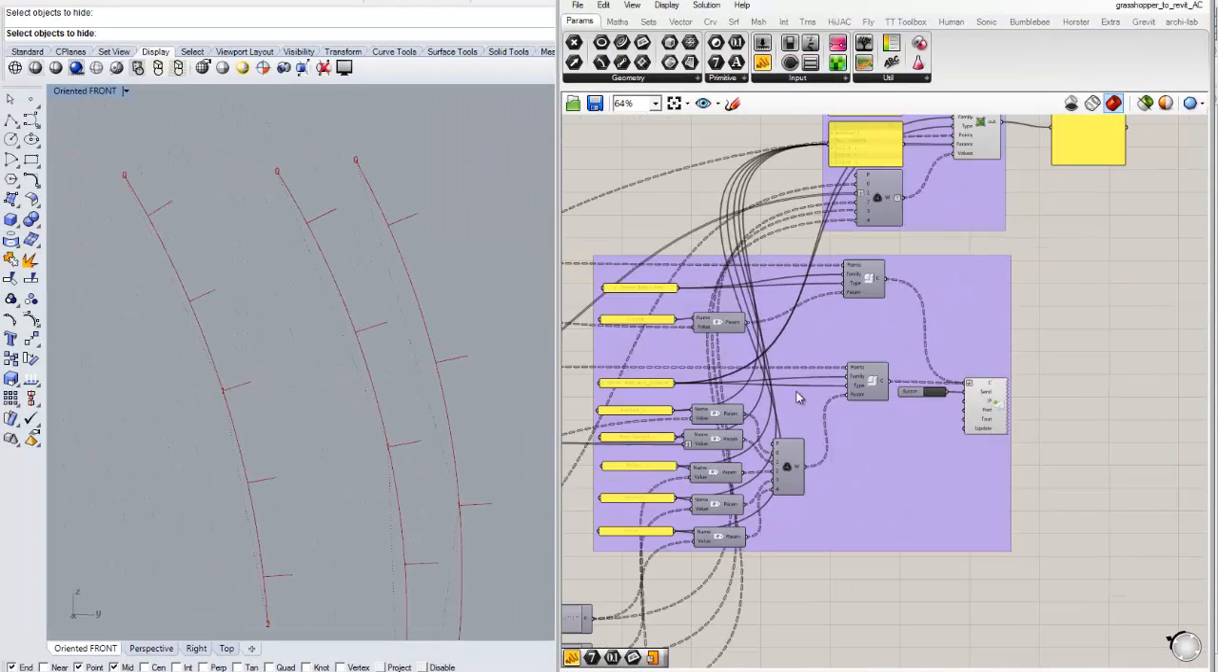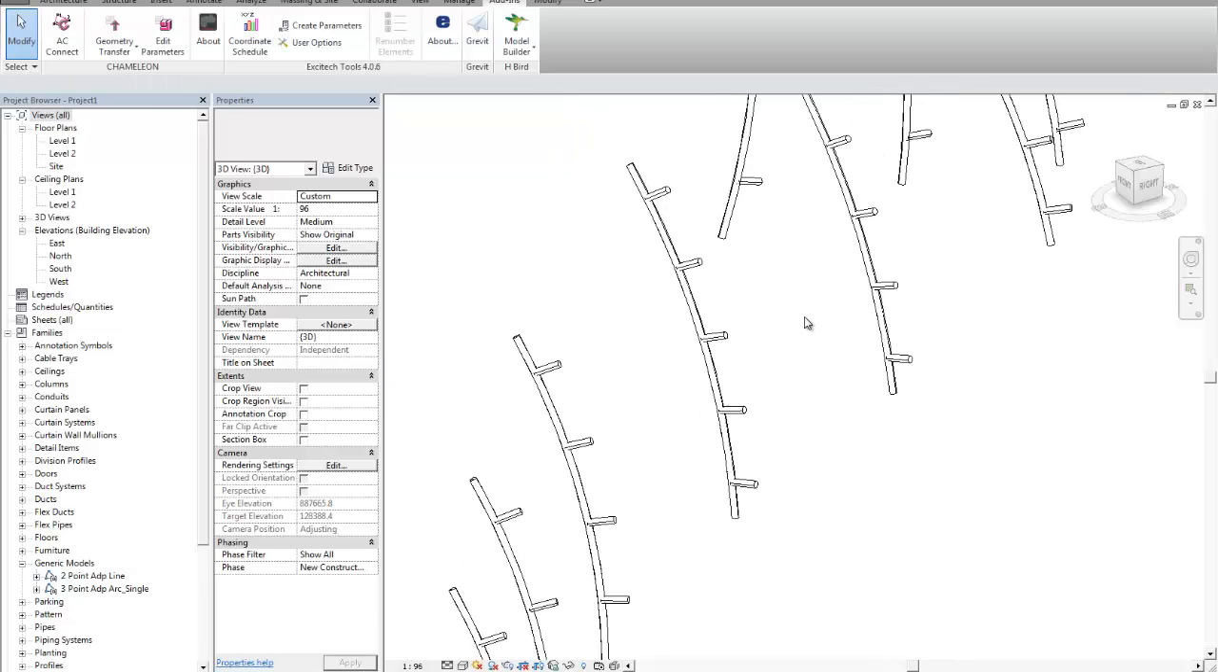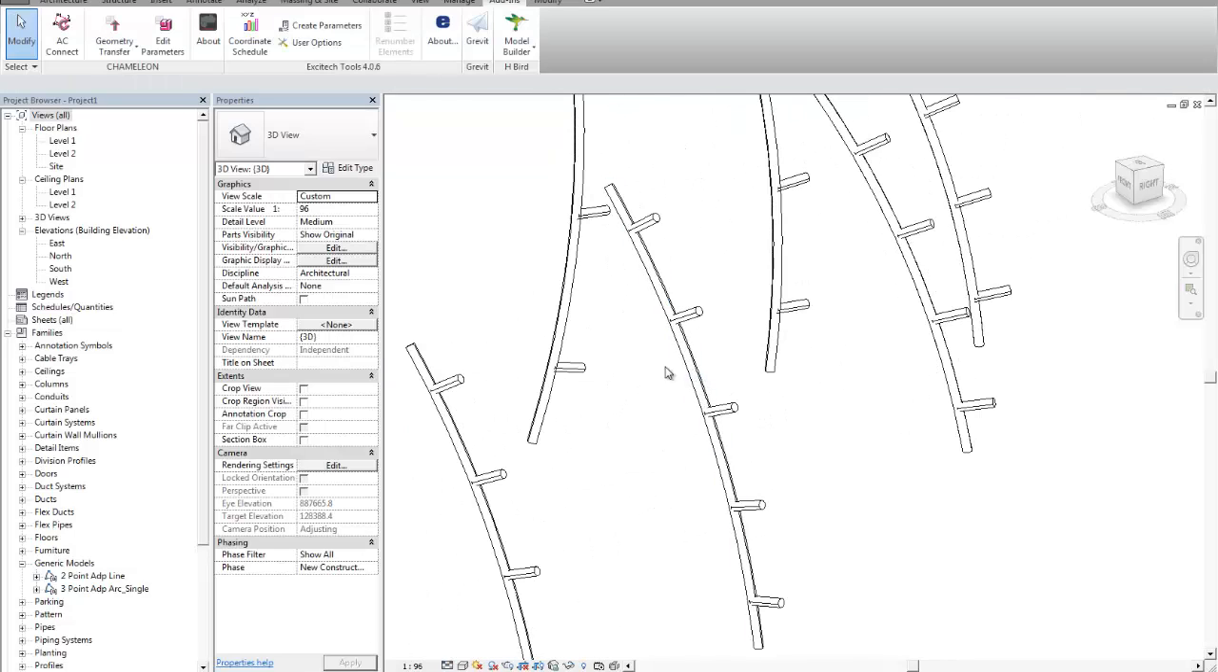So here it is, a quick overview in Revit,